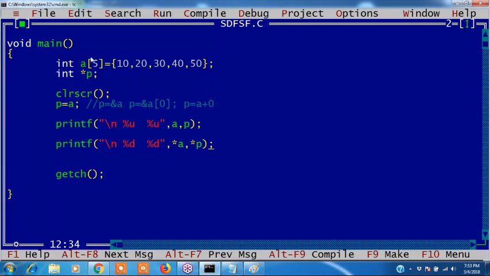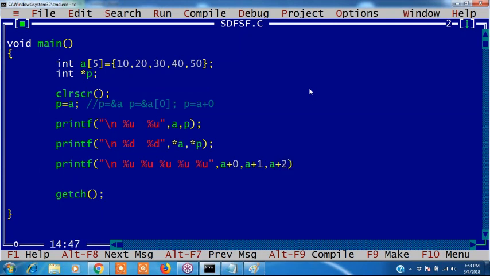Okay, now I want to display all elements' addresses. How to display all elements' addresses? First element, second element, all elements' addresses I want to print. Percentile U, percentile U, percentile U, percentile U, and percentile U, because 5 elements are there. Can I write A plus 0, A plus 1, A plus 2, A plus 3, and A plus 4?